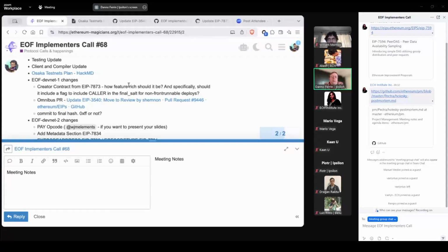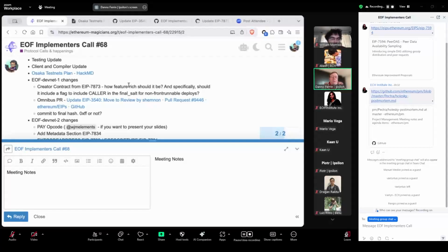So if we could get our code and start working on these changes, what I want to do on the call today is finalize what needs to change for the clients. There's 3 outstanding items about the Omnibus PR, but I've posted a PR that's going to change all the EIPs. I have concerns. I'm going to have to split it up 6 ways to get it past the EIP editors, if they're sticklers about the one EIP. I'd like it to be a coordinated change, but we may not get that.